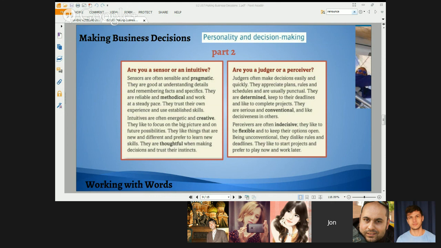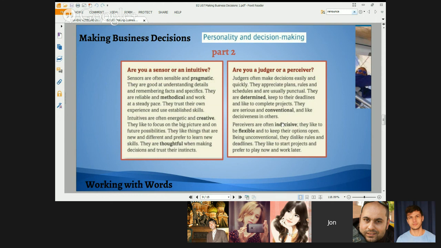Okay? And what do you think, Shadow? Can you read the last one for us? Judger or perceiver? Yeah, sure. Are you a judger or a perceiver? Judgers often make decisions easily and quickly. They appreciate plans, rules, and schedules and are usually punctual. They are determined, keep to their deadlines, and like to complete projects. They are serious and conventional, and like